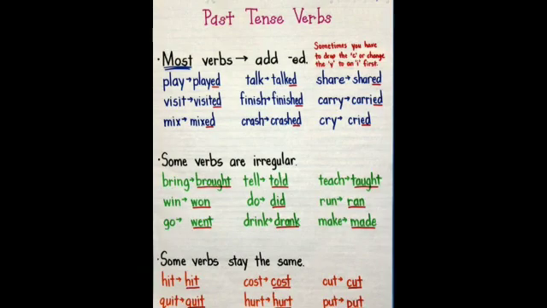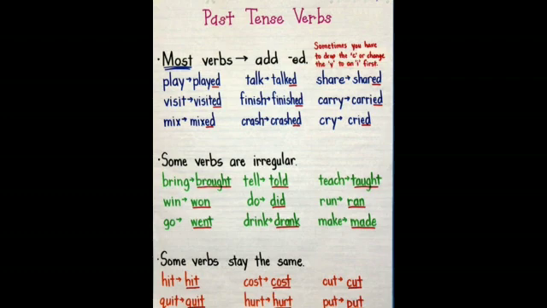So, in past tense, some verbs change and ed is added, some are irregular verbs and some are regular verbs. So, we will see some more examples of past tense verbs. Play, played, talk, talked, share, shared, carry, carried. Sometimes we have to add ied also, and we have to remove y and add ied. Cry, cried. Then crash, crashed, mix, mixed, and so on.